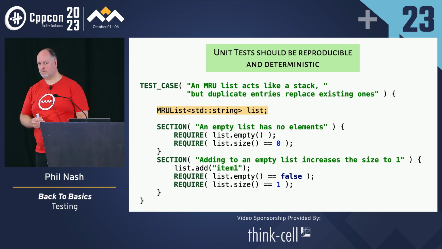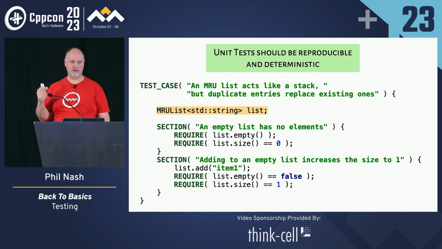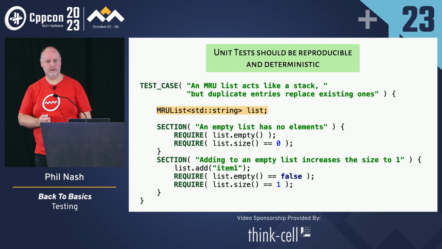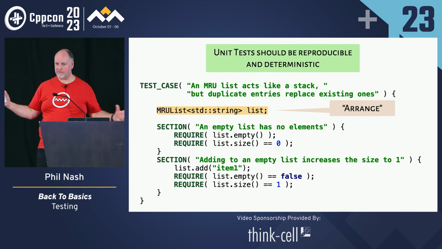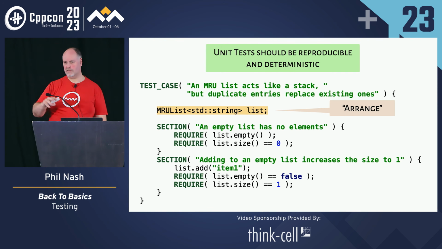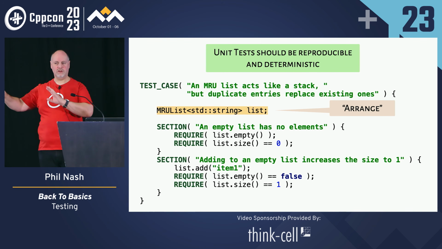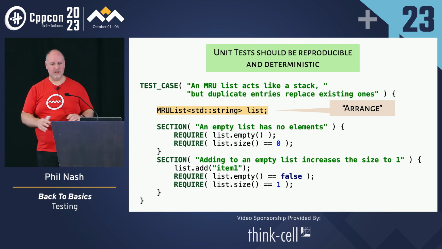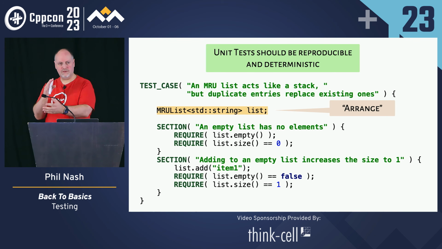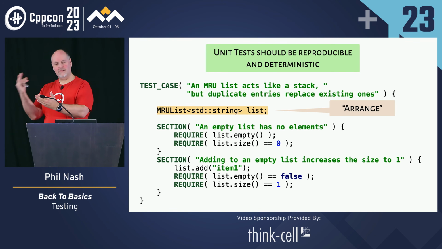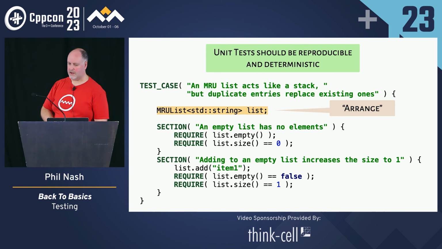And we've even got a pattern that we tend to follow. You may have heard arrange, act, assert. So the first phase, we just set up our initial state. Again, everything should be here. There are some cases, like maybe if you're working with some environment that you don't control and you had to set things up globally, yeah, do that if you need to. But the thing you're actually testing, you need to be able to set it up from scratch and leave the system in the same state at the end every time. So we arrange it at the start.